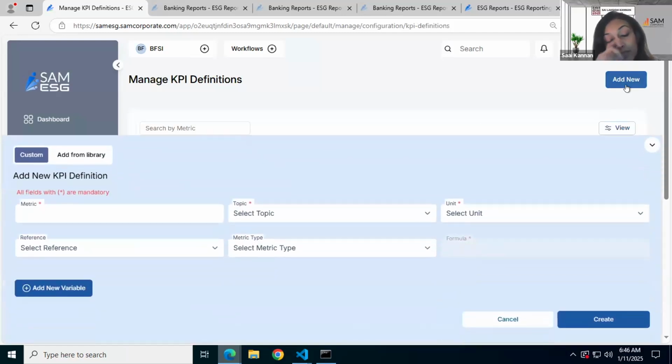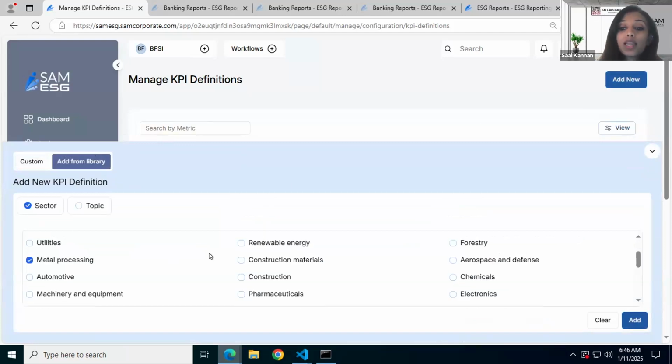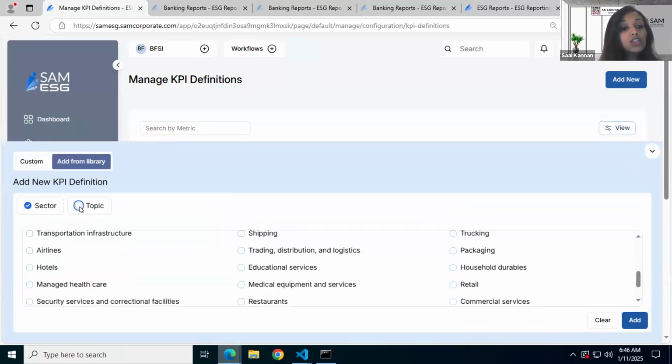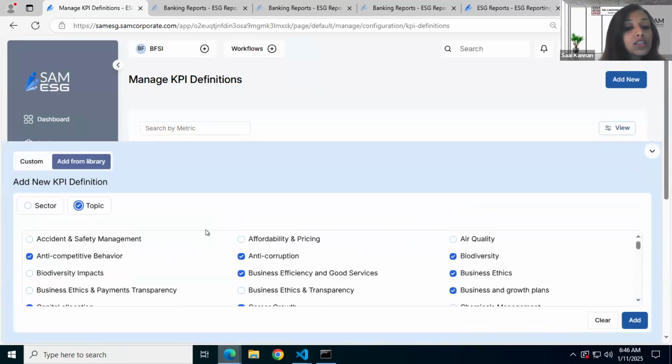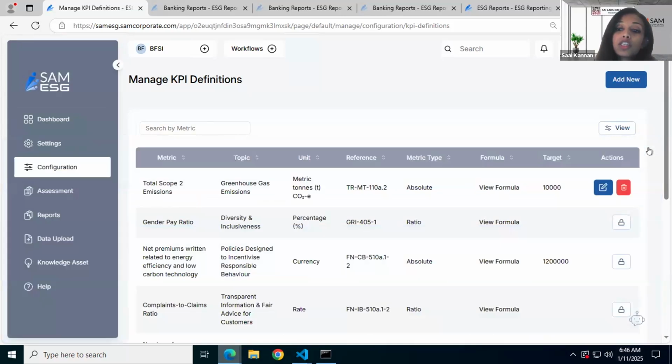So our KPI library has options to select for different sectors as well as different topics. Selecting a particular sector or a topic will list the relevant KPIs, which are to be calculated based on the regulatory requirements, and you can use them and do your calculations